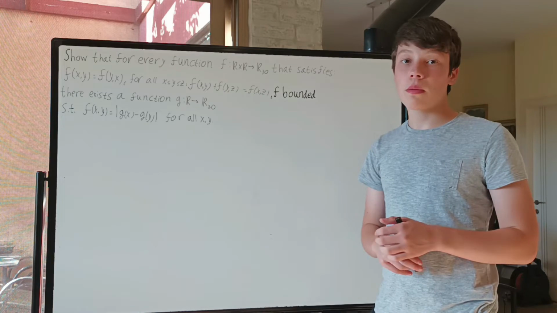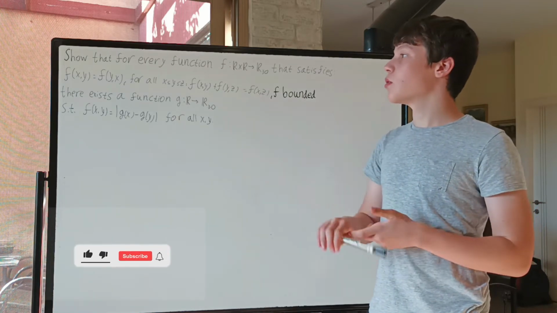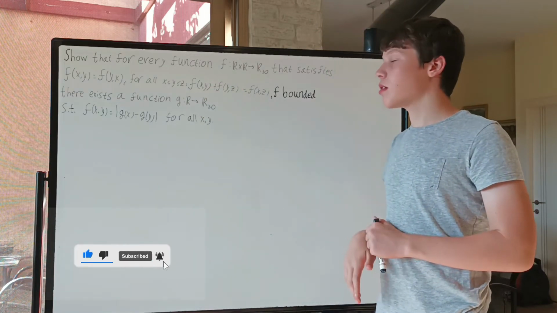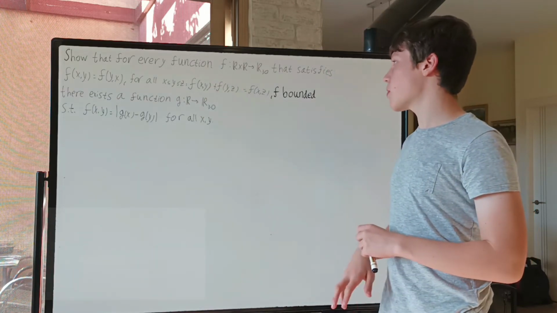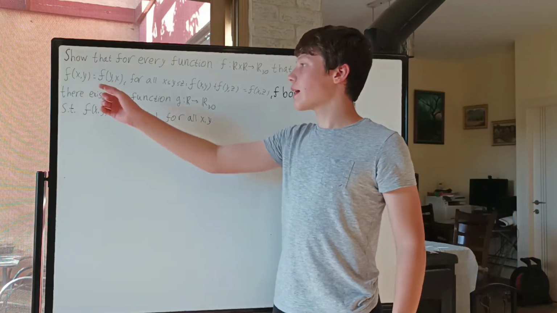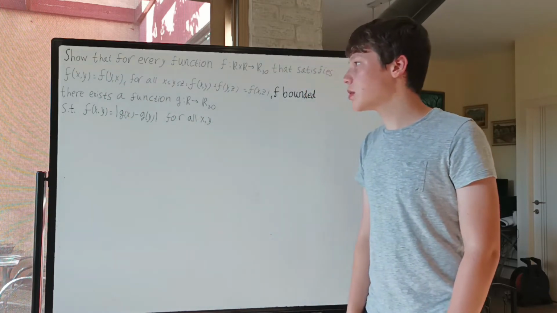Today we're going to do this problem that I actually came up with. So we need to show that for every function f from R cross R to R greater than or equal to 0 that satisfies f of x, y equals f of y, x, so these two are interchangeable,